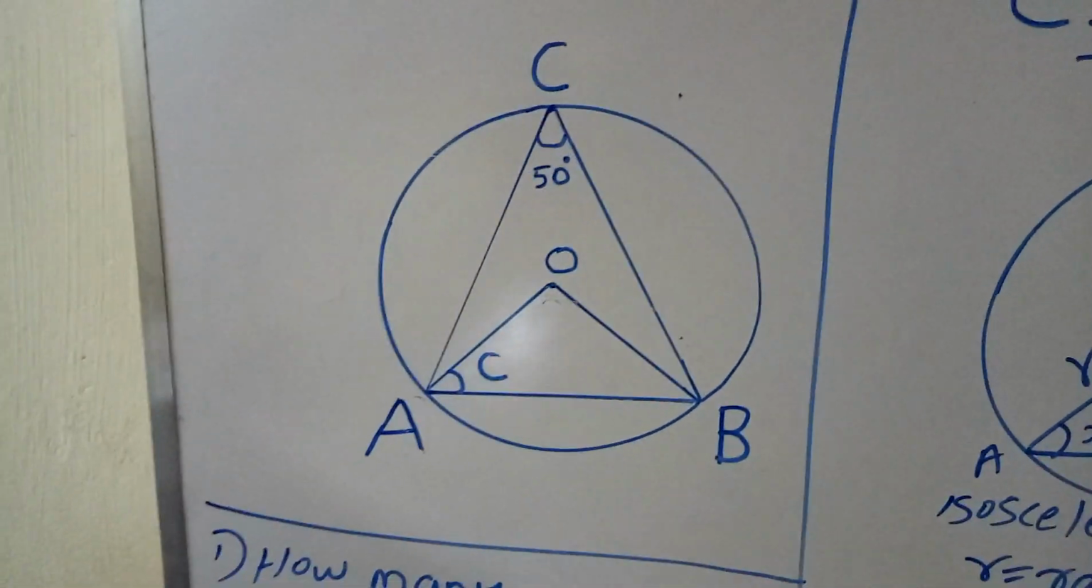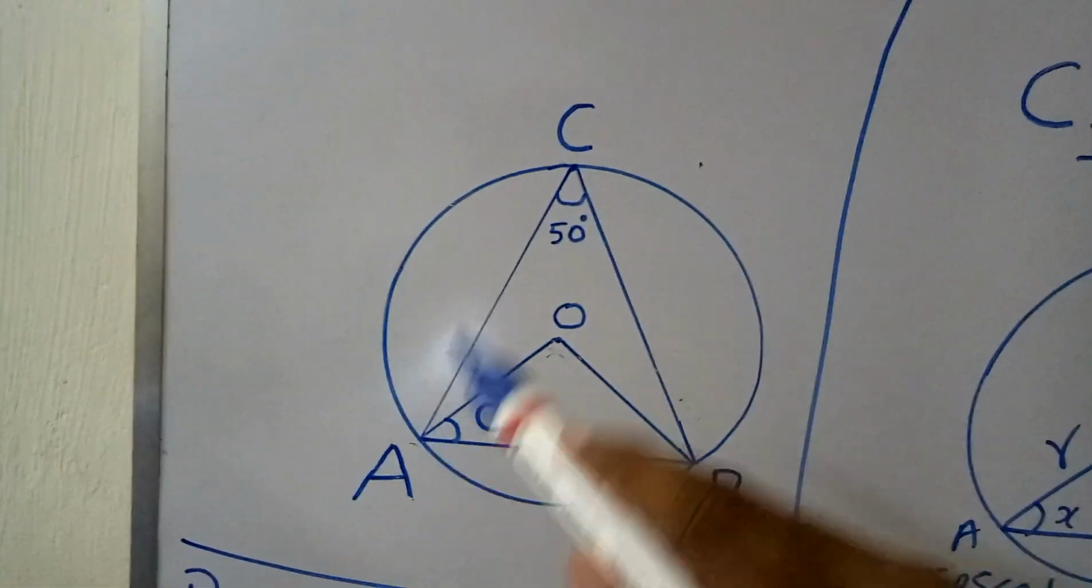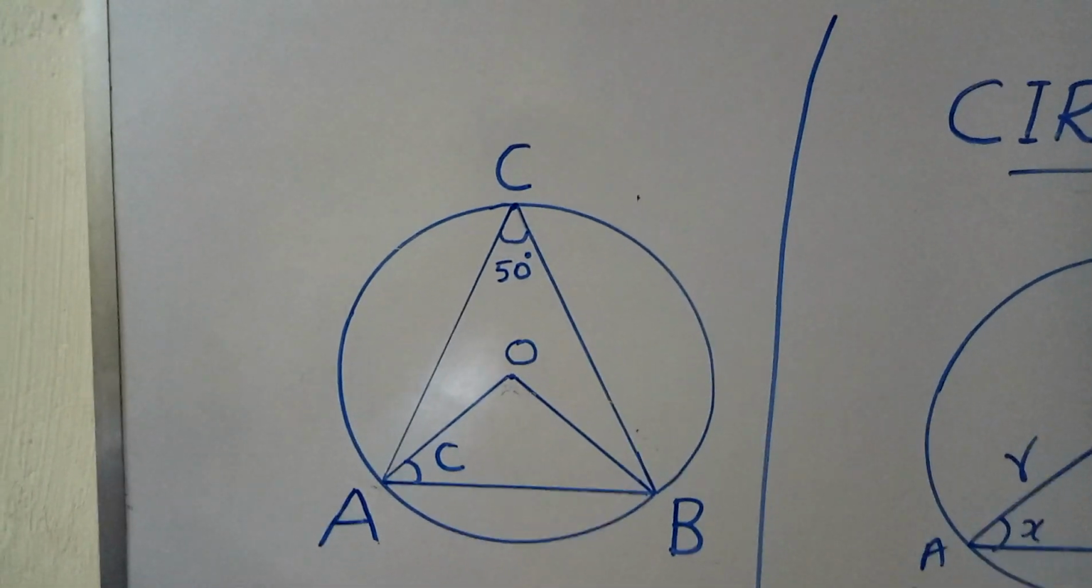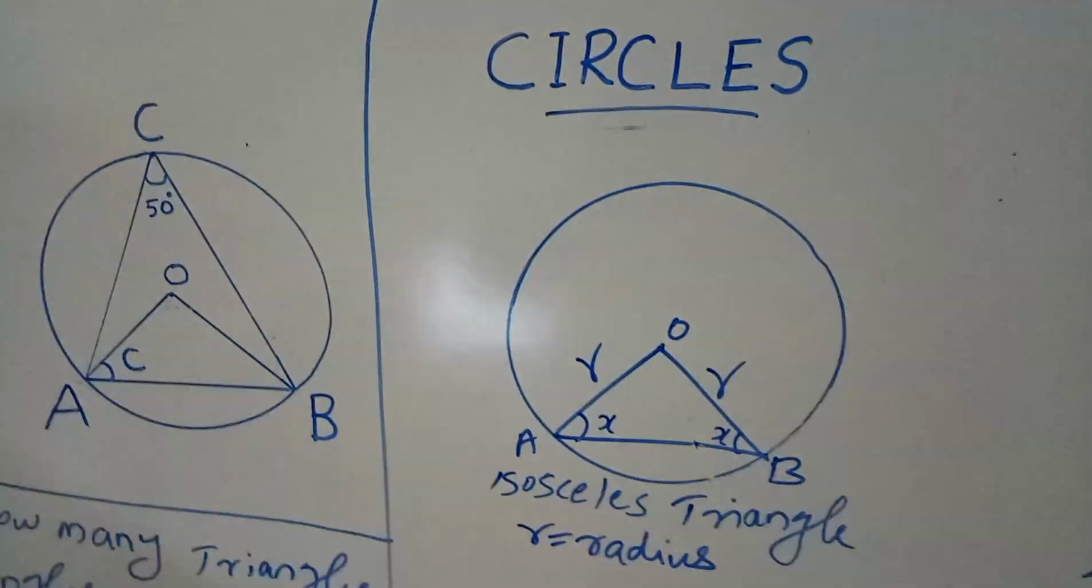at triangle AOB, then ACB. Two triangles are there. So now we can look at the properties of the two triangles. When it comes to triangle AOB,